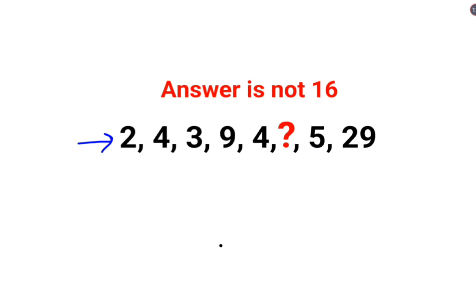So a lot of people thought that all of these are what? This is basically 2 square and this is 3 square, right? So technically this should also be 4 square. But that doesn't work because this doesn't follow the same pattern of 5 square. So here, had the number been 25, then this entire logic would have made sense. But since that is not making sense over here, so that means this logic is not going to be working